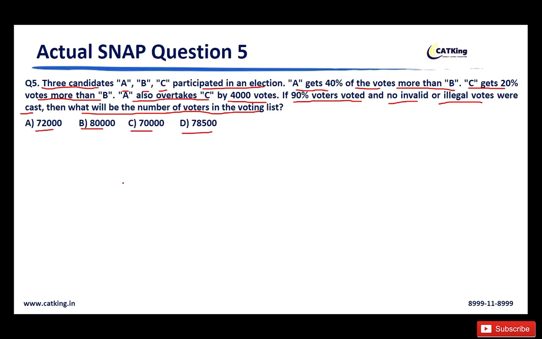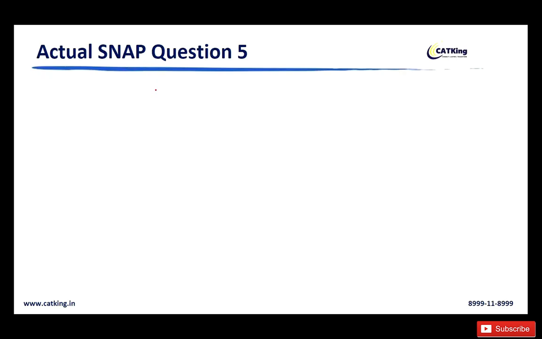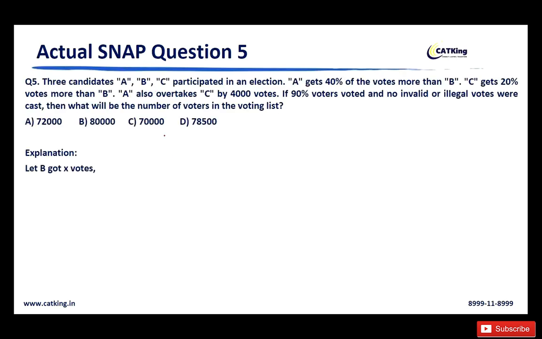Now guys, again this is a very simple question based on the concept of percentages. Here, in order to save time, the basic trick is to select which particular candidate will be let as X. So you need to find out of A, B and C which will be the perfect candidate whose value you will let as X. So I would again urge you to think about this question and try to solve this on your own. Pause the video right here, but in case you're not able to, don't worry, I will be solving this question again.